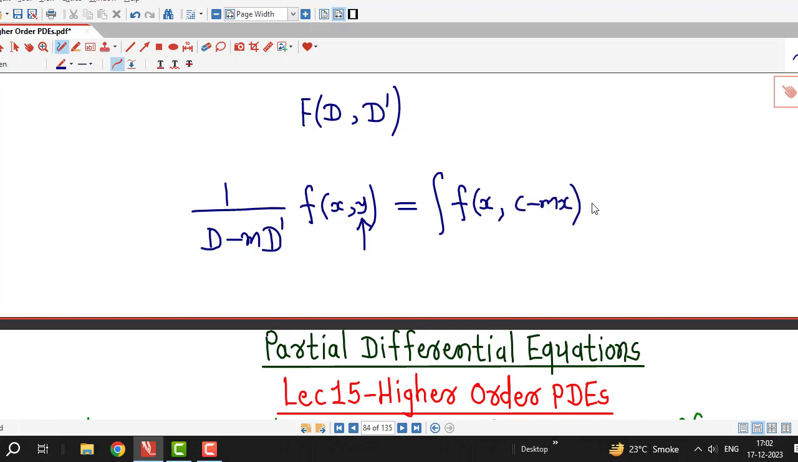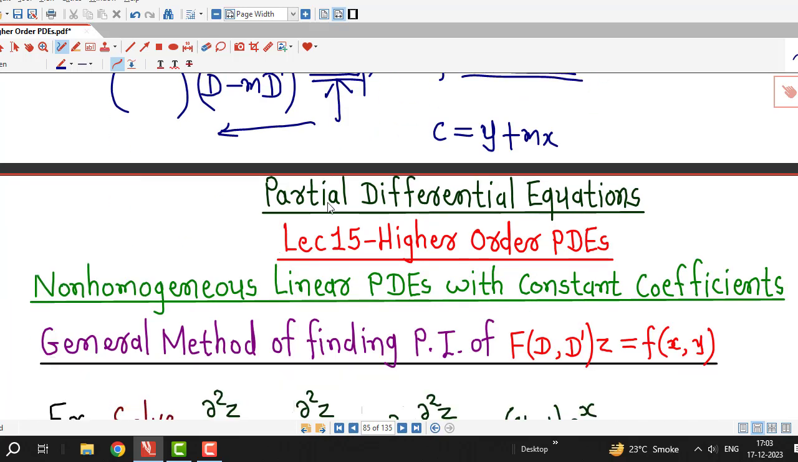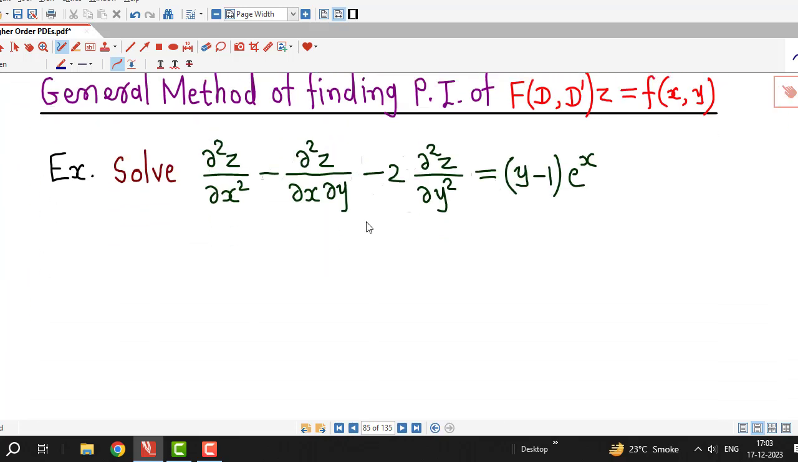y is to be replaced by c minus mx, so that this function becomes a function of x only, and then we integrate this function with respect to x, and after integration we replace c by y plus mx. This we have to remember for this general method. Suppose we have more than one linear factor in f(D, D dash), then we start from the right hand side and operate each of these linear factors on the right hand side using this formula. So with this in mind, we try to solve this non-homogeneous